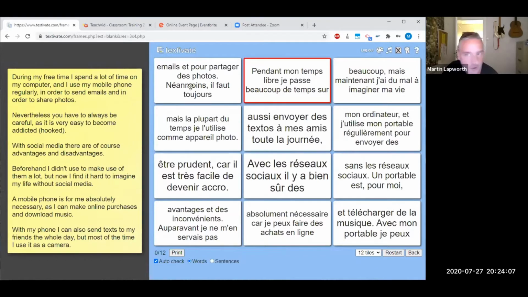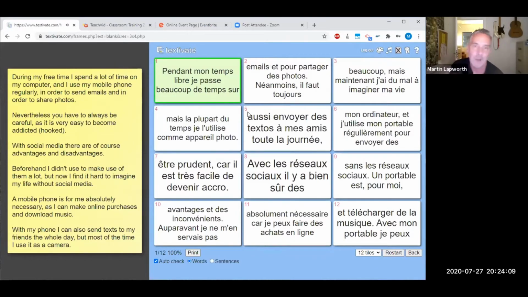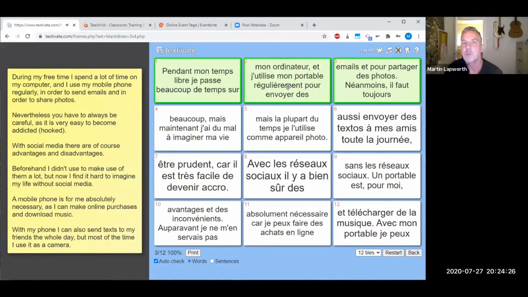So it's not memorization. I mean, the more you work through it, there will be an element of memorization because you naturally end up memorizing the text anyway. And there is still an element of text reconstruction because you're looking at, well, what comes after sur? I'm looking for a noun probably, or some kind of noun phrase. But it's no longer pure text reconstruction. You've got something to refer to help you structure the